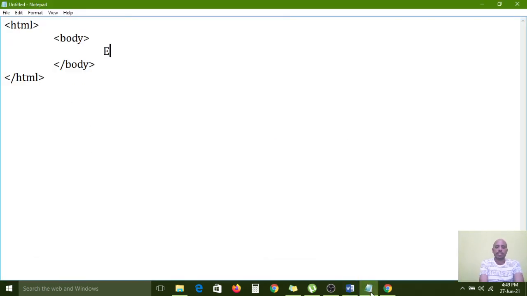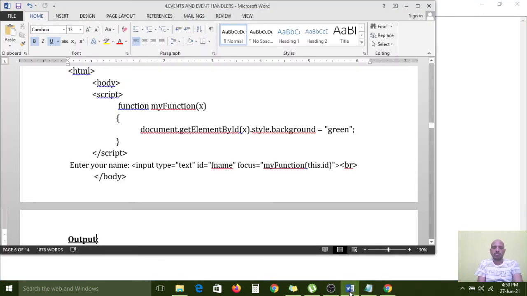So for that, enter your name. This is one label, and here in the input tag I am using type equal to text. So here I am closing this one.